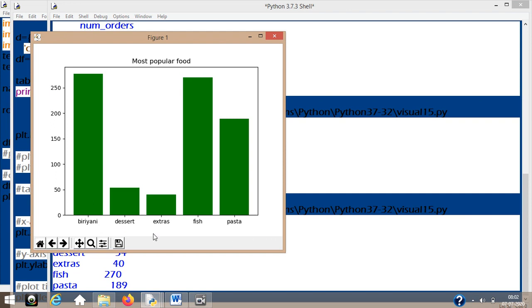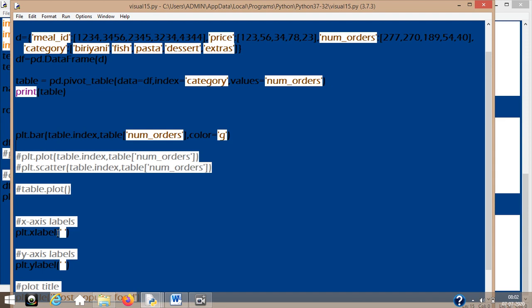See, I didn't specify the x-axis and y-axis, and I have to specify them properly. But you know from here that the x-axis is given as your dishes, and this is your num_orders. So the x-axis is your category.